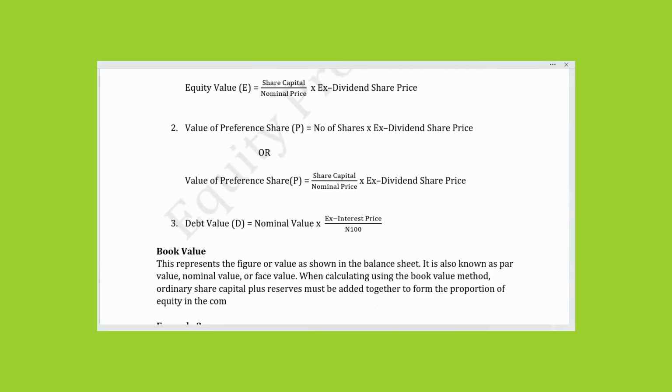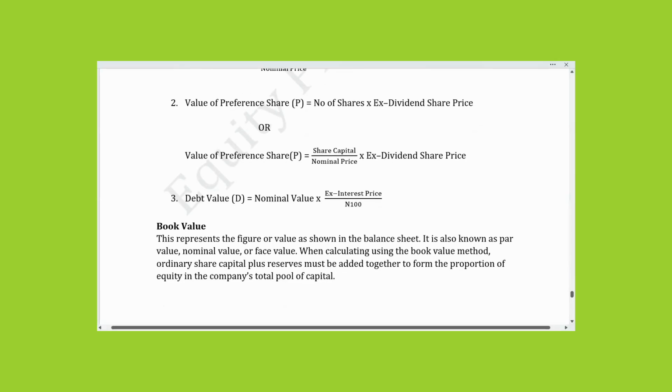In the company's total pool of capital. That's what you need to do. All right. Let me, for example, let's say you have ordinary share capital